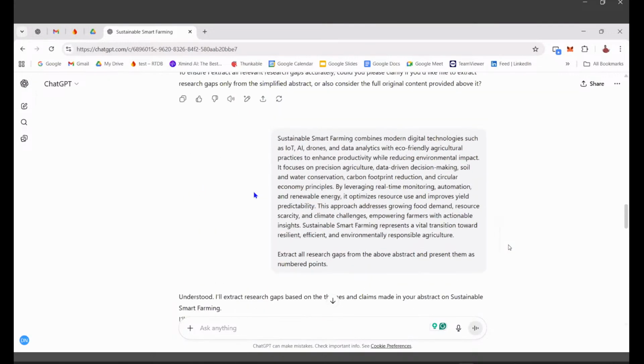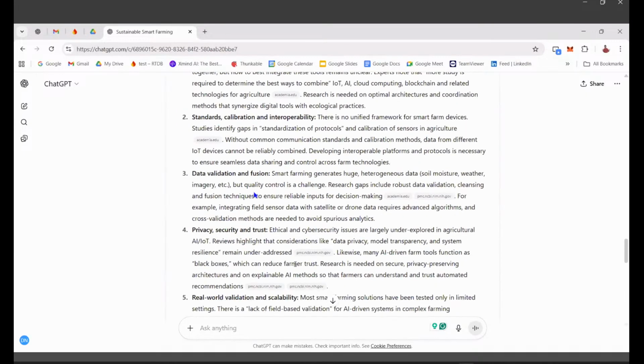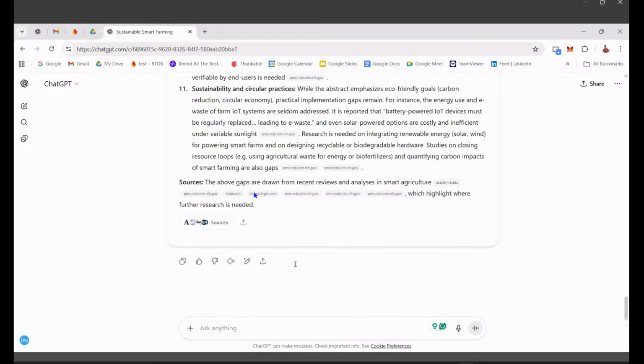What was the question that we asked? Extract all research gaps from the above abstract and present them as numbered points. Now we have numbered points, almost 11.